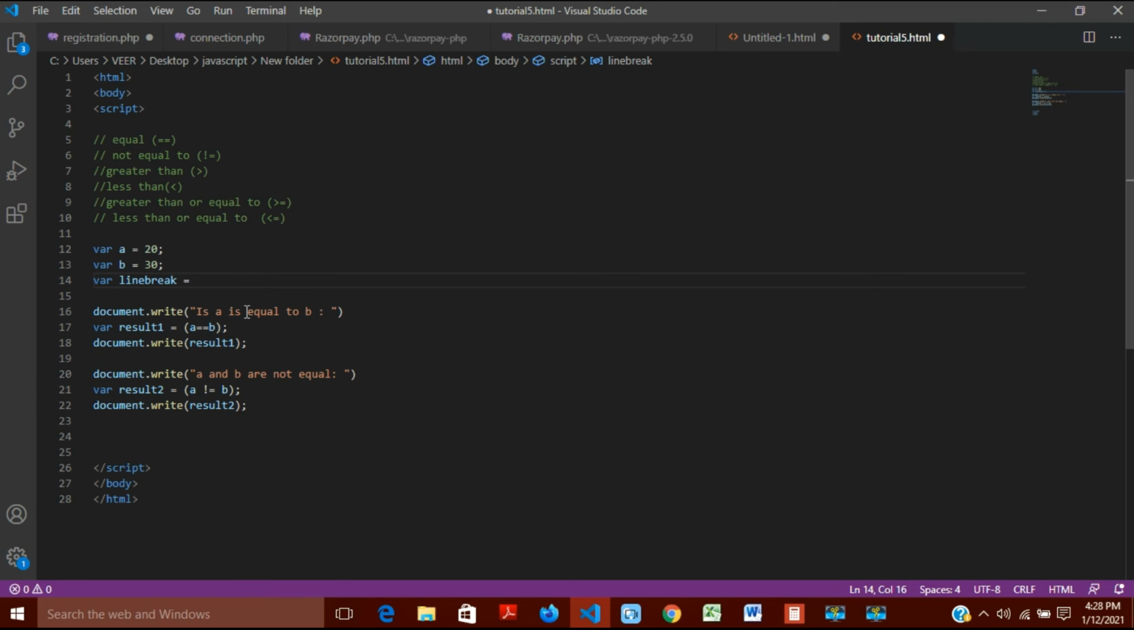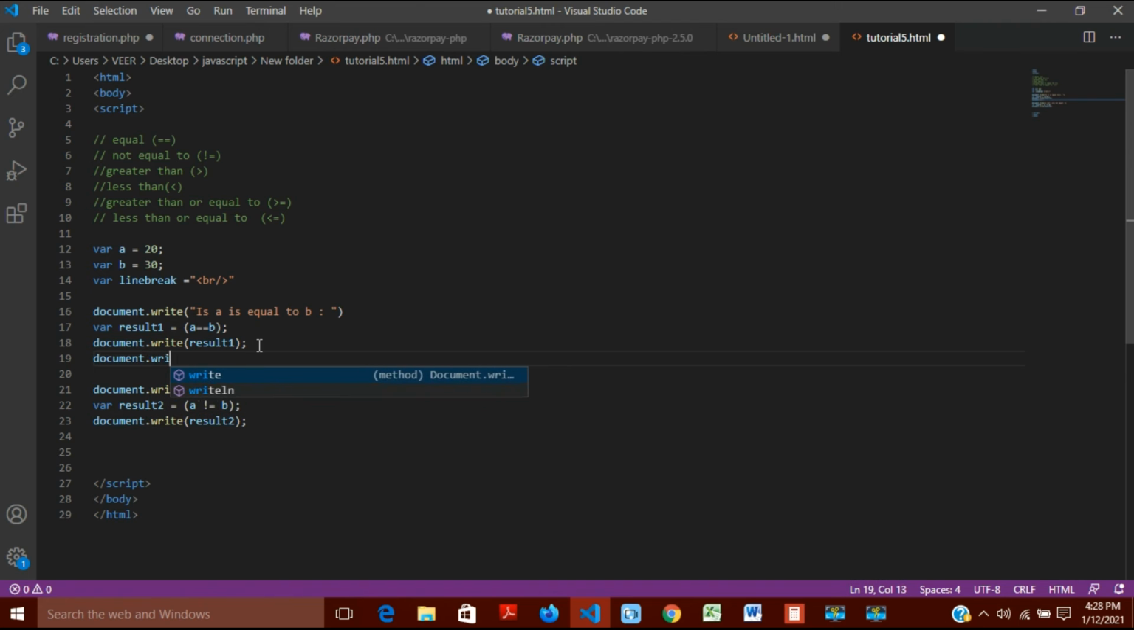Here in double quotes I will write BR, and that's it. Okay, now I will write here document.write, because I want to break my line from here. So I will write a document.write, and I will write this variable name, line break, and that's it. Now let's save it,